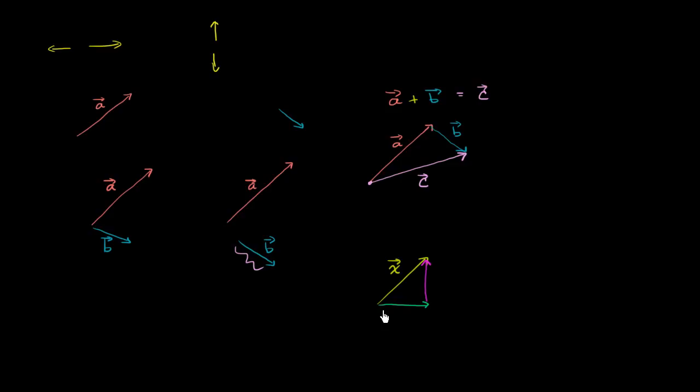Notice, x starts at the tail of the green vector and goes all the way to the head of the magenta vector. And the magenta vector starts at the head of the green vector and finishes where vector x finishes. The green vector plus the magenta vector gives us this x vector. That should make sense. I put the head of the green vector to the tail of the magenta vector right over here. But the whole reason why I did this is if I can express x as the sum of